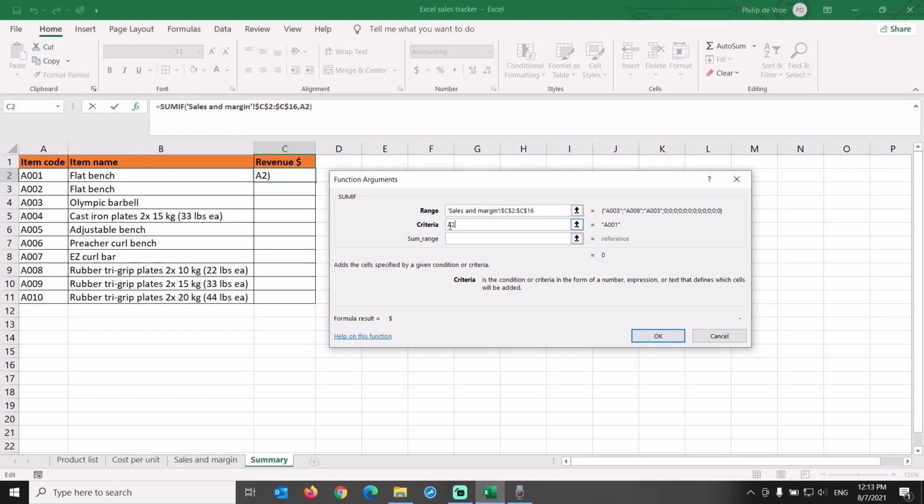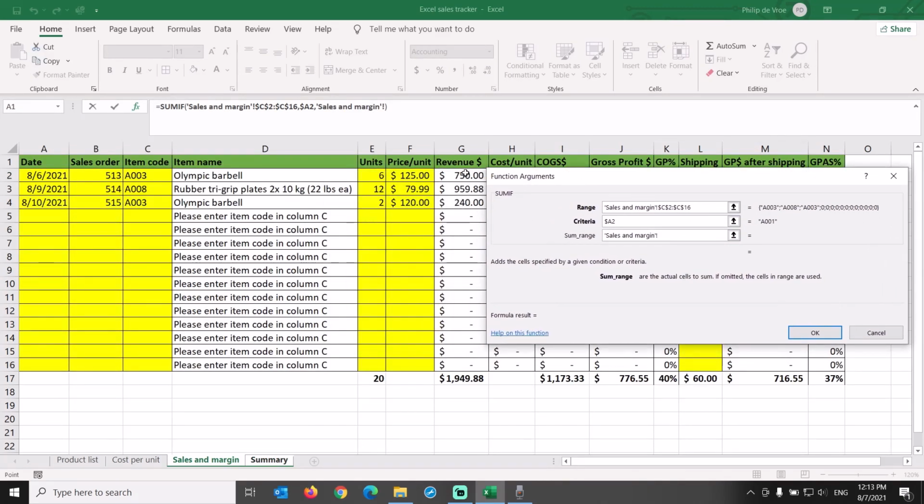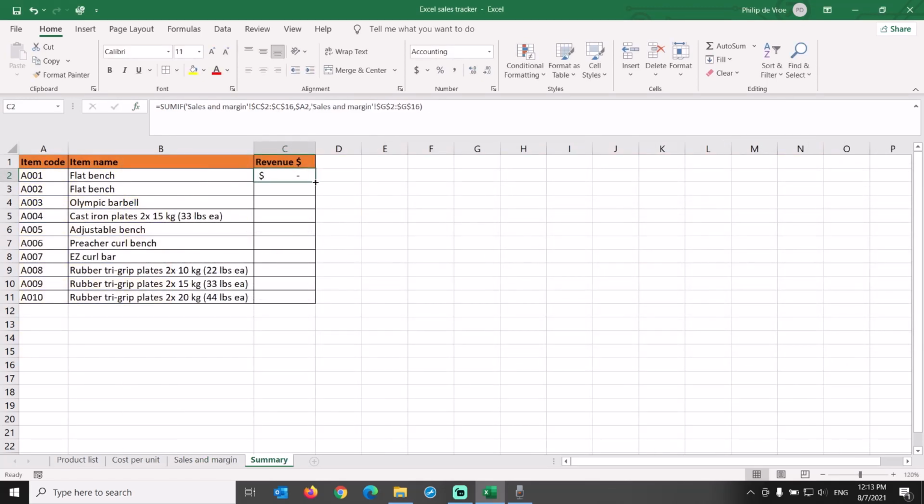In other words, is the item code the same in the Summary tab as it is in the Sales and Margin tab? If that is the case, we want our sales tracker to sum the values in cells G2 through G16, revenue, lock both columns and rows with a $ sign. For cell C2, that is not the case, as we did not sell item A001 yet.